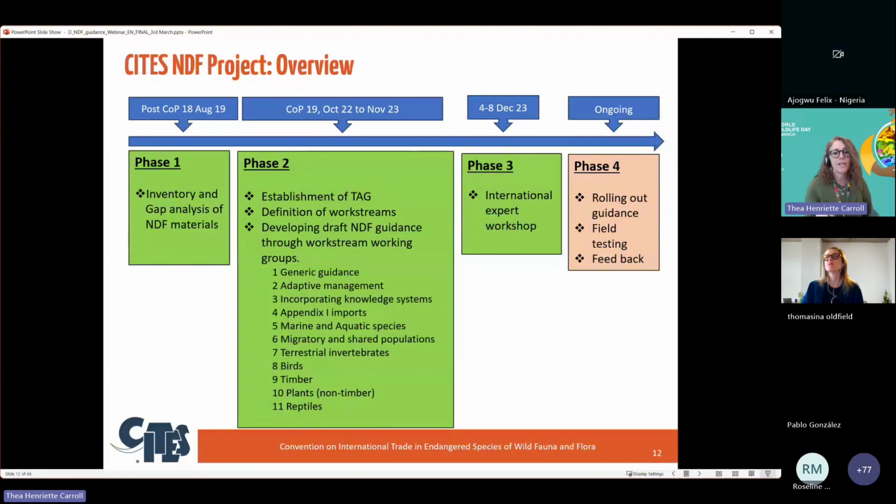And that resulted in draft guidance that was then taken to the International Expert Workshop that took place in December 2023 in Nairobi, where the final drafts were produced through inputs from that process. We are currently in phase 4, where we're rolling out the guidance, doing some field testing, and where we hope to get some feedback to see how useful the guidance is for parties